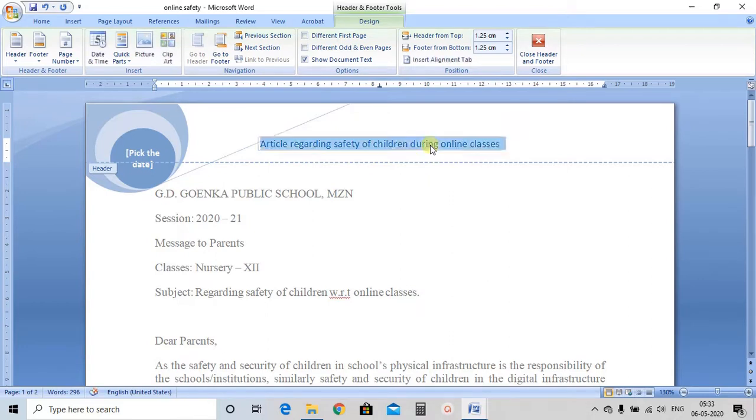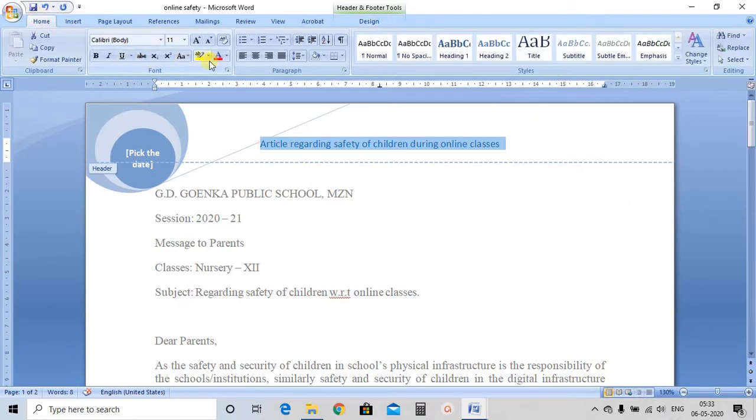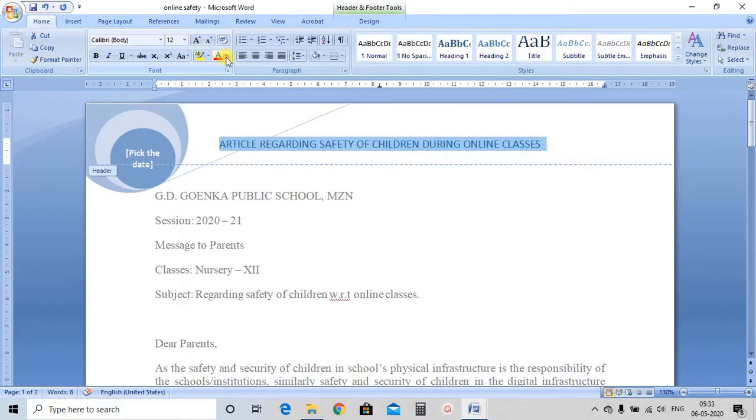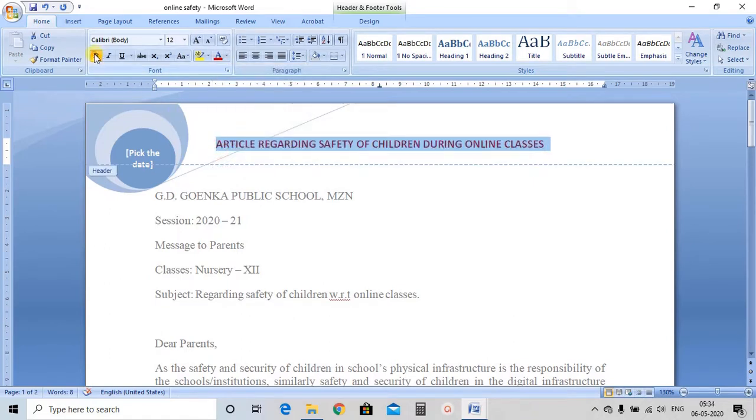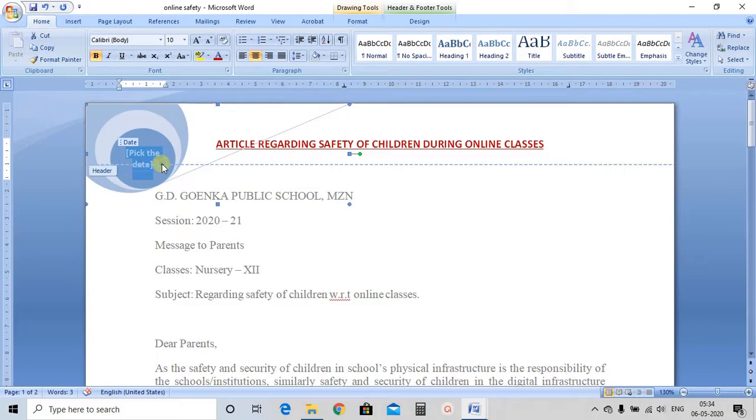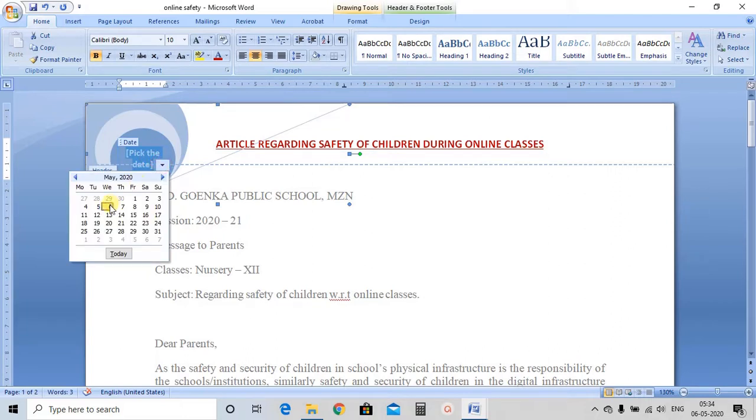I have given a part here. Let me just convert this to uppercase, increase the size, change the font color, making it bold and underline. Okay, and after that I am picking a date. Suppose this is 6th May today.